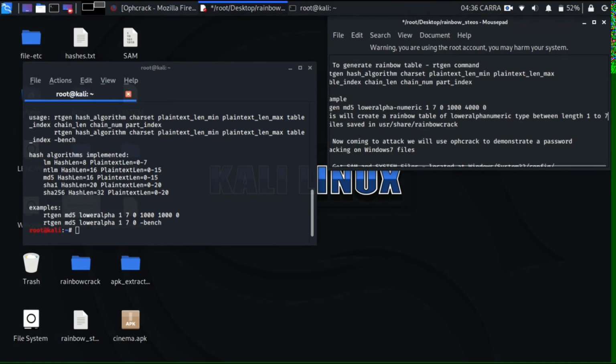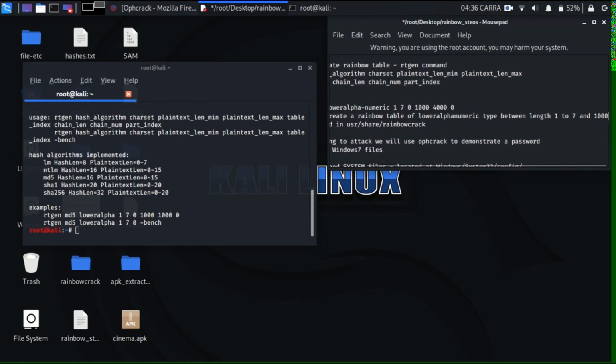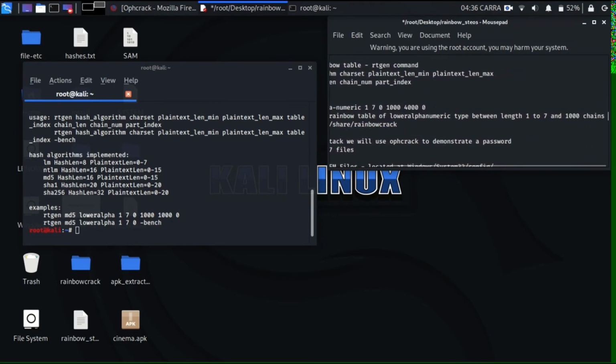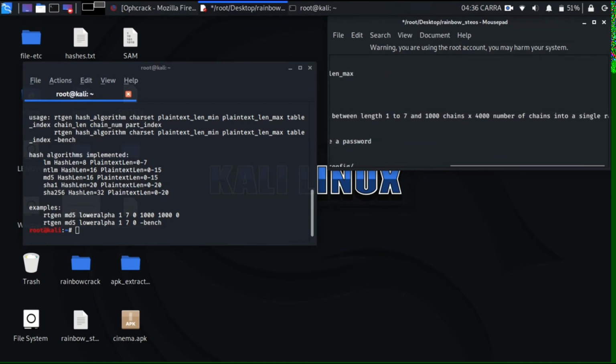You can learn about chains in rainbow tables online. So I'll be creating a 1000 into 4000 rainbow table, and I will be putting this into a single file, hence the 0 in the end. I'll just copy paste the command into the terminal.